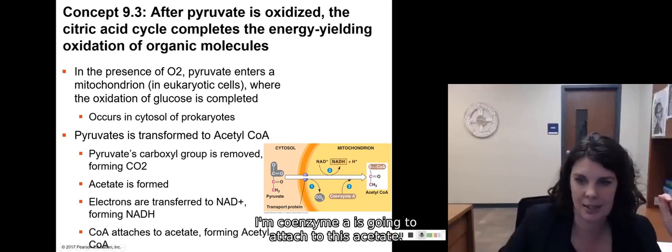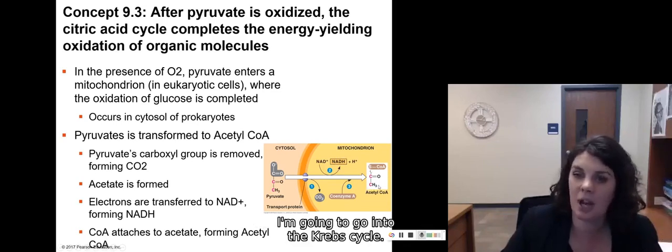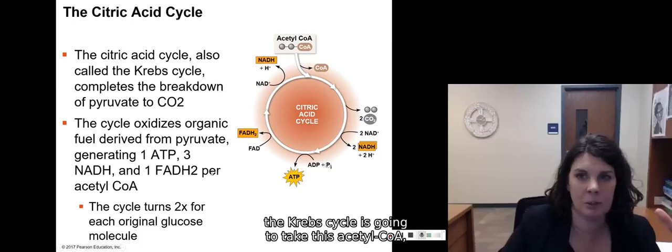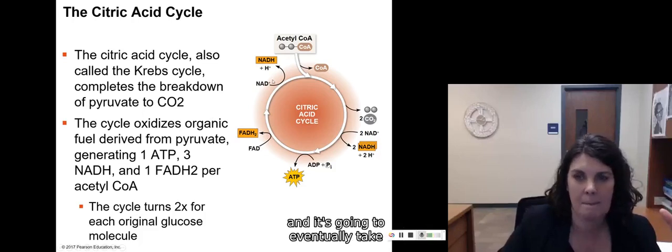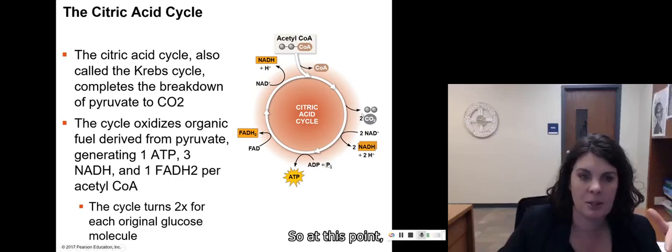Coenzyme A is going to attach to this acetate. So this acetate and this coenzyme are going to attach to make acetyl-CoA, and acetyl-CoA is going to go into the Krebs cycle. So the citric acid cycle or the Krebs cycle is going to take this acetyl-CoA and is going to eventually take these 2 carbons and break them off as 2 carbon dioxide. So at this point,